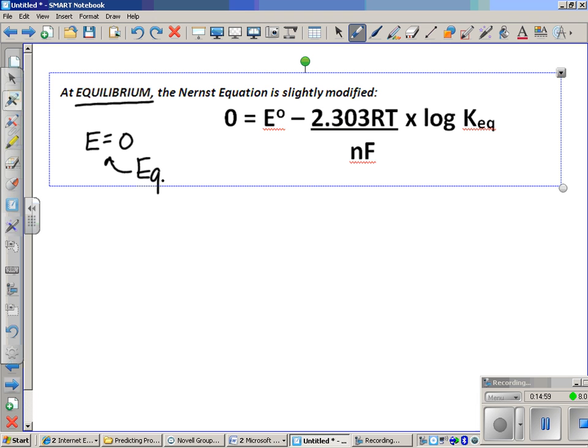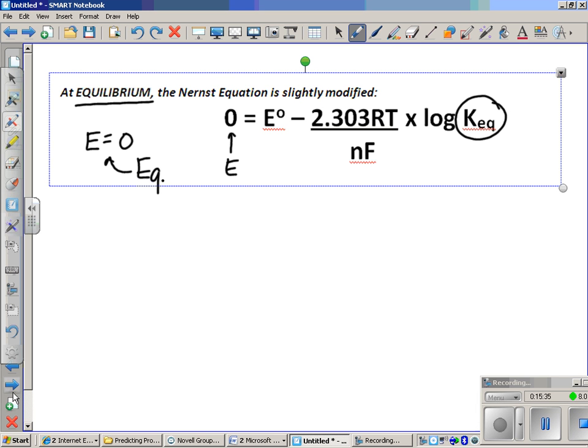If that's the case, if you take the Nernst equation and instead of calling this one E, you call it what it is, which is 0, then you could still use the exact same equation to calculate K_eq. Notice this time this is called K_eq instead of just Q because we are now at equilibrium. So that K_eq might be a Kc or a Kp or a Ka or a Kb. K_eq is the general one that means any of them. So the same equation, but now Q is K because we're at equilibrium, and the cell potential is 0 because